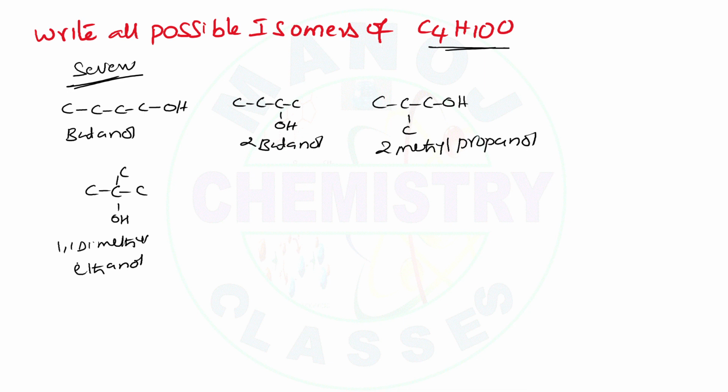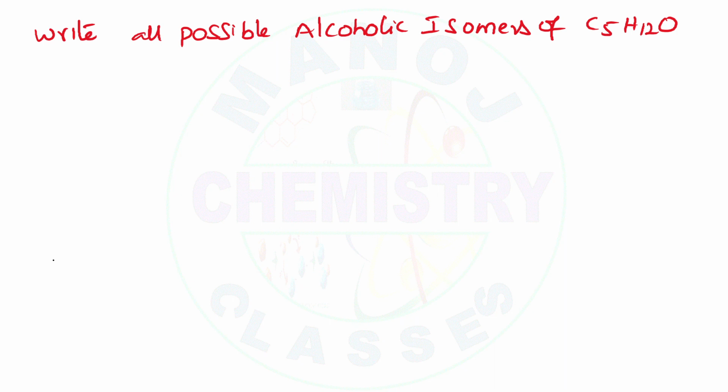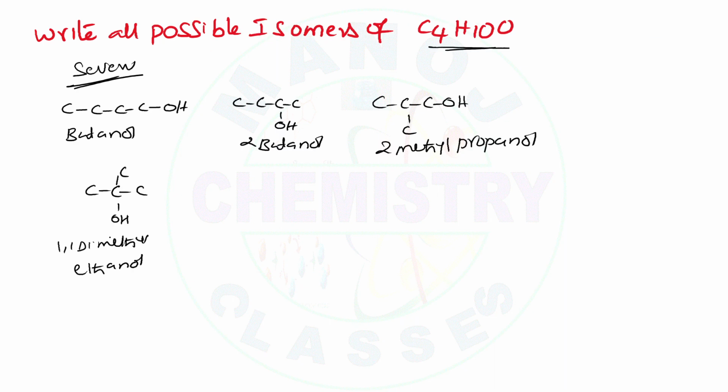So whereas another one is, yeah, we are writing only 4 alcohol isomers, whereas the remaining 3 we can write as ether isomers. So here I'd like to write 1 2 3, 1 carbon here. This one is ethyl